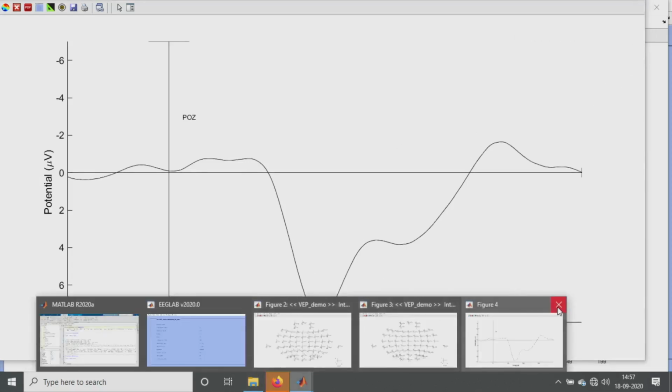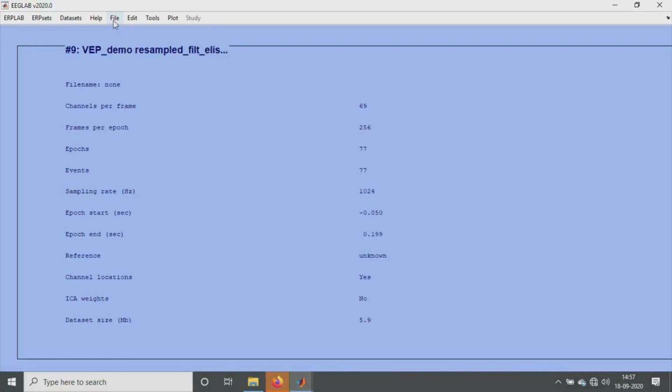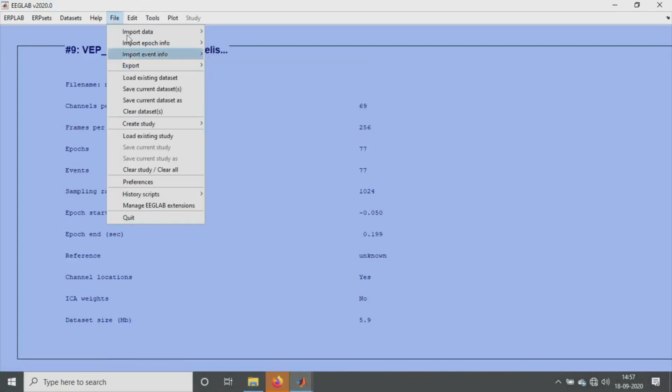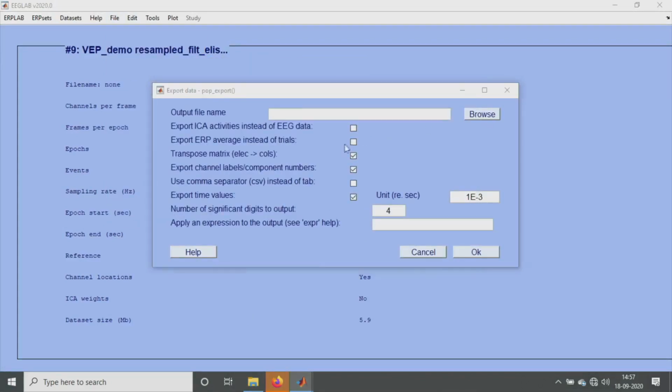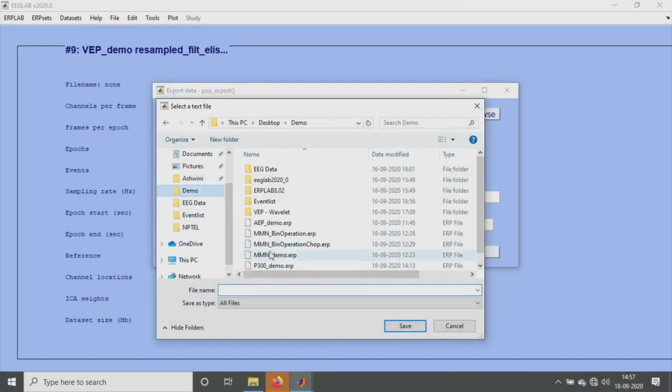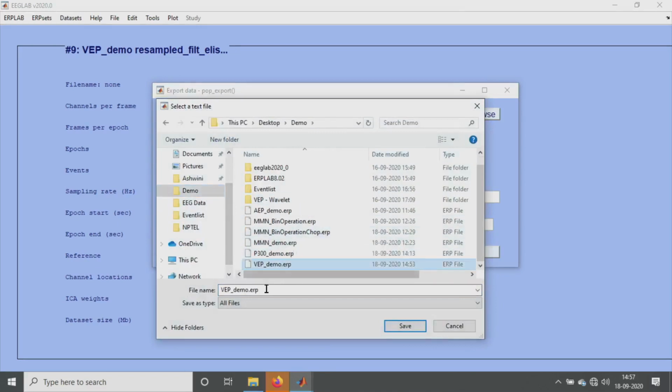Anyway, I'll just do the exporting now. We can go into files and do the exporting of the data. When we export in this manner, we can change the extension. We just choose Excel sheet and save it.